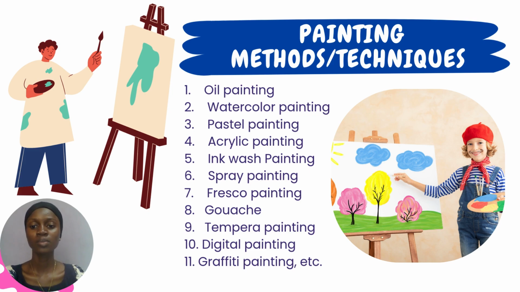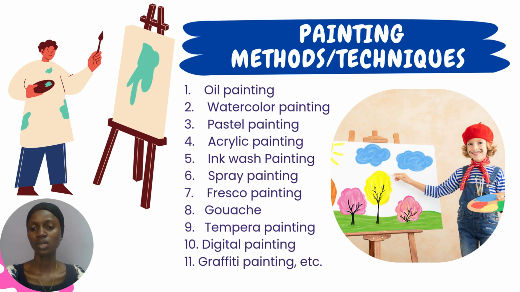Oil painting is simply where we use oil paint, like I explained in the previous slide, oil paint to paint. And oil paints, most of them come in tubes and then we mix them with chemicals. We might mix them with kerosene or gesso. Number two, we have